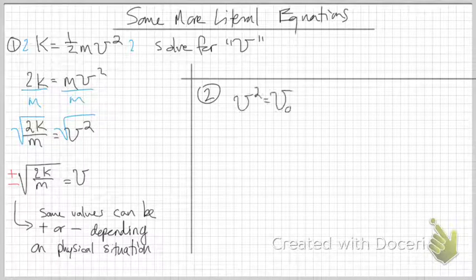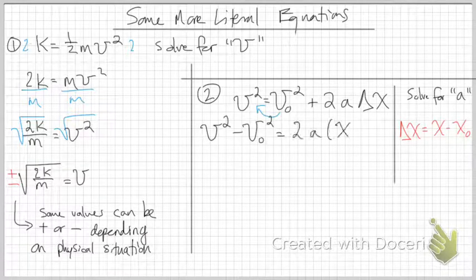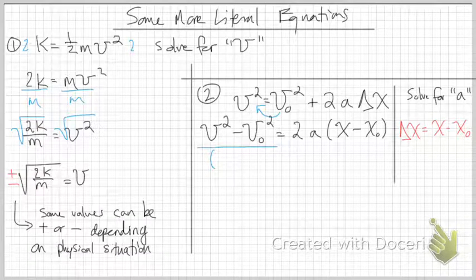Second example here, let's say we have an equation like we had from last time: v squared equals v naught squared plus 2a delta x. But let's solve for a this time, and let's pretend we know the values that make up that difference in x, namely x minus x naught, or x0. As I said, we treat delta x as one variable when we're solving. So I can substitute that value for delta x in, as I have done, and I need